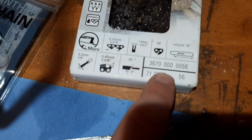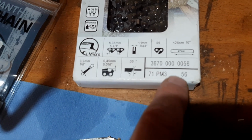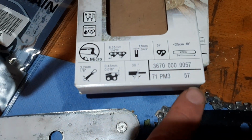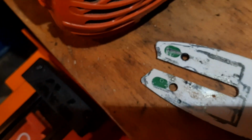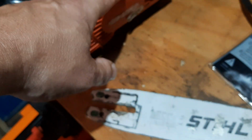So the normal standard size on your Stihl T151 is 56 driver links. You can standardly buy 57, and if you take a bigger one, let's see how many driver links this is, 64. See, you can get a 65 chain, and it should fit. It should fit standard. The only thing you need to change is the oiling system, because these chainsaws oil through